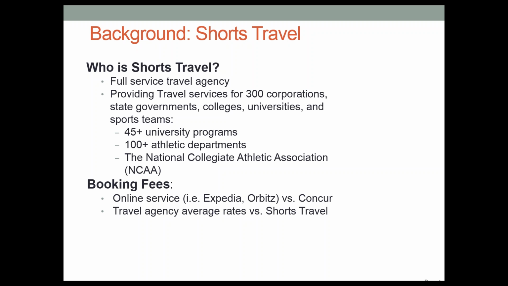There are contact information and contact numbers within the Concur system for you to reach out to Shorts Travel. They're available East Coast time, 8 to 5:30, Monday through Friday. If there are off-hour calls, 24 hours a day, 7 days a week, they have an emergency line that is available to our staff. This is not something that we would typically want to use for our